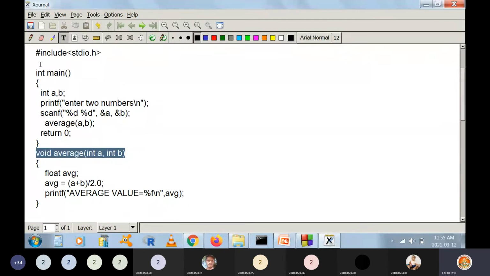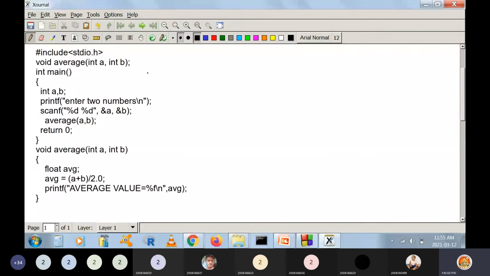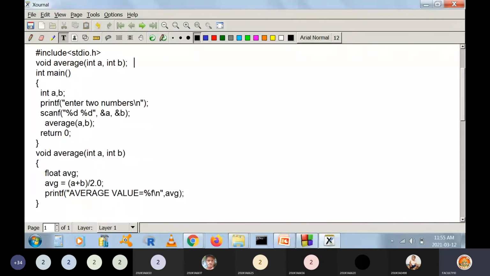So what we do is define this header as it is here, then end it with a semicolon. This is called a prototype. We call this a function prototype.